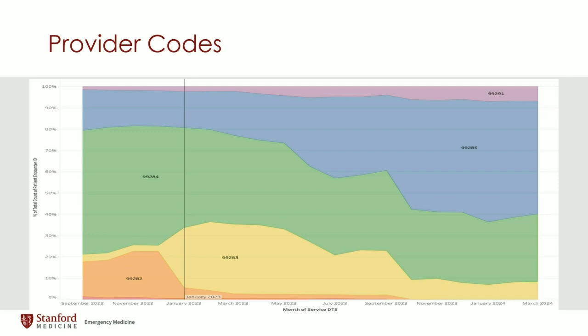One of the things that I've noticed, I just did a very recent audit of charts for what company, and invariably, part of the differential is a consistent theme. So I'm wondering if they're just not capturing it or we're not documenting it every time. Differential diagnosis comes up a ton. The vast majority of the time, I would say 10% of the time we weren't documenting, 90% of the time they were only looking at the final diagnosis and not paying attention to what was in the chart. So the prompts that Ian showed you are really important for your coding company